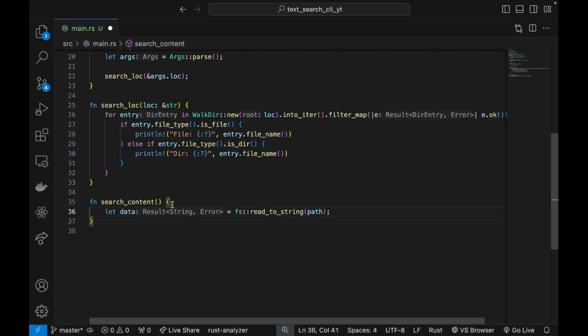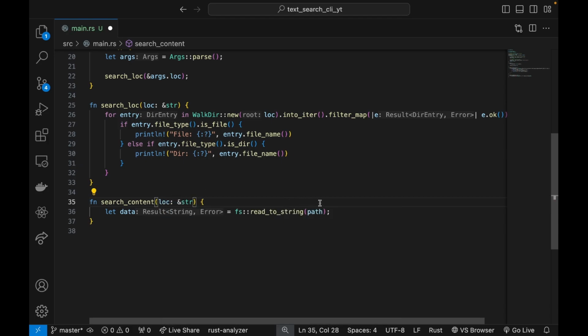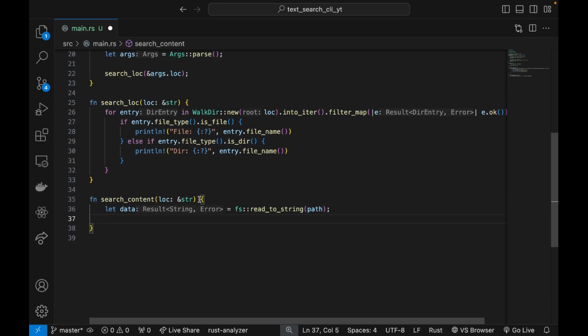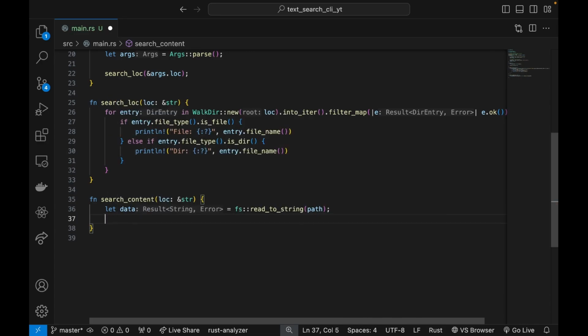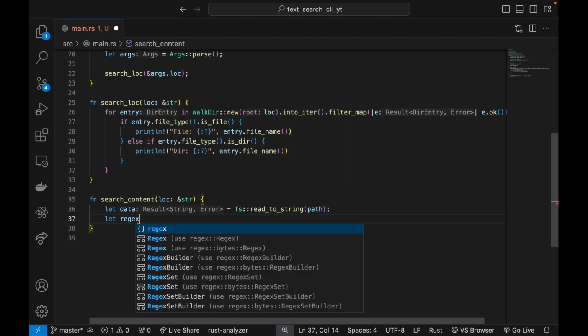Okay, so we have to find a way to access the location of that file again, which is quite important, and we also need to access the search string because we need that for our regex. But first let's write out the regex function,